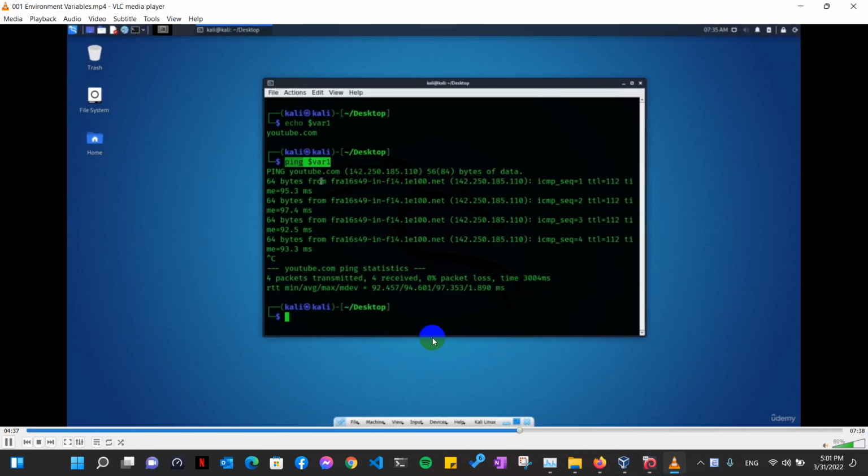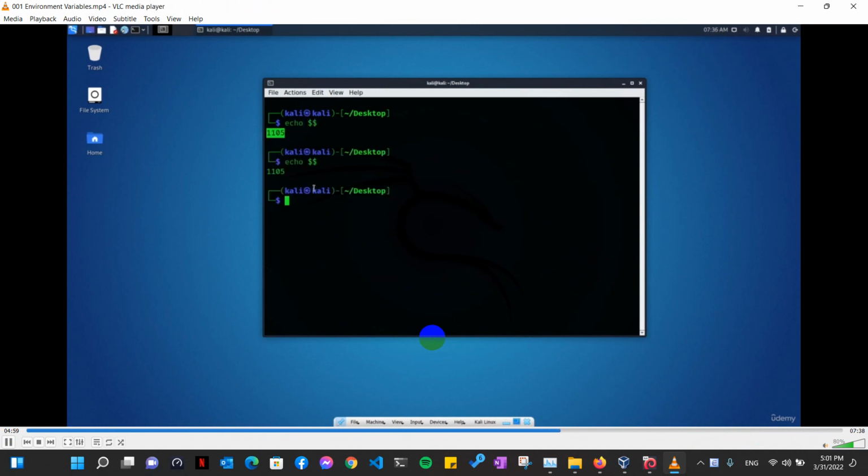But please don't do any scanning. The first one is echo of PID for this bash. So here the terminal or process is like this number, okay, 1105. So to make sure, open